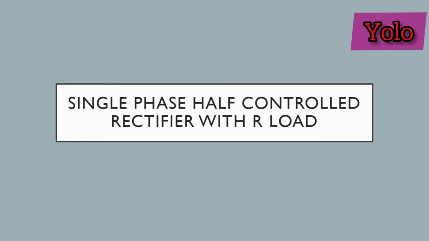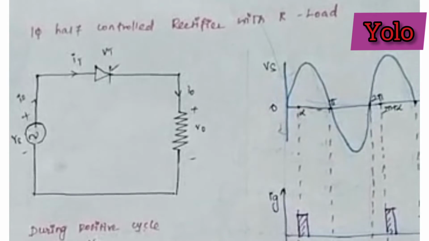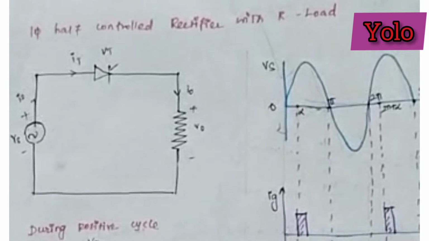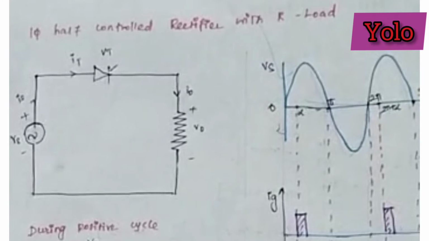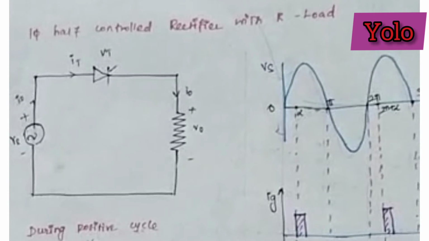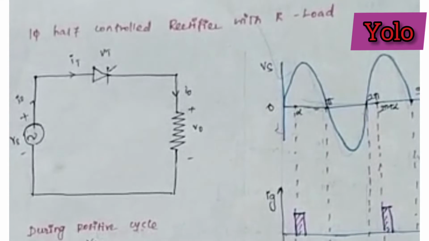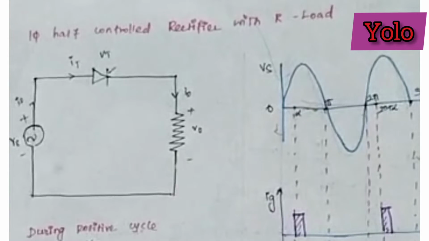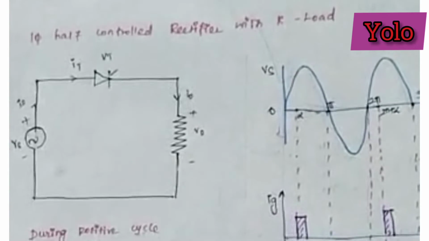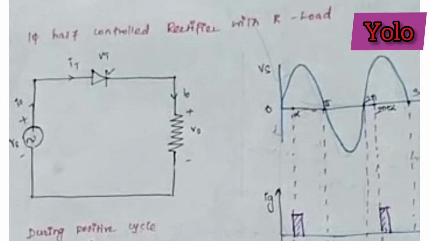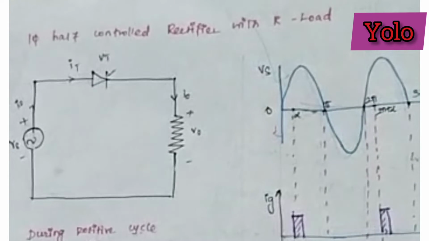Before that, we discuss what is meant by phase angle control. In an AC circuit, the SCR can be turned on by applying a gate signal at any angle with respect to the applied voltage. The firing angle is defined as the angle between the zero crossing of the input voltage and the instant the thyristor is fired. The firing angle is denoted as alpha. Hence, the most efficient method to control the turning on of a thyristor is achieved by varying the firing angle of the thyristor. Such a method of control is called phase angle control.